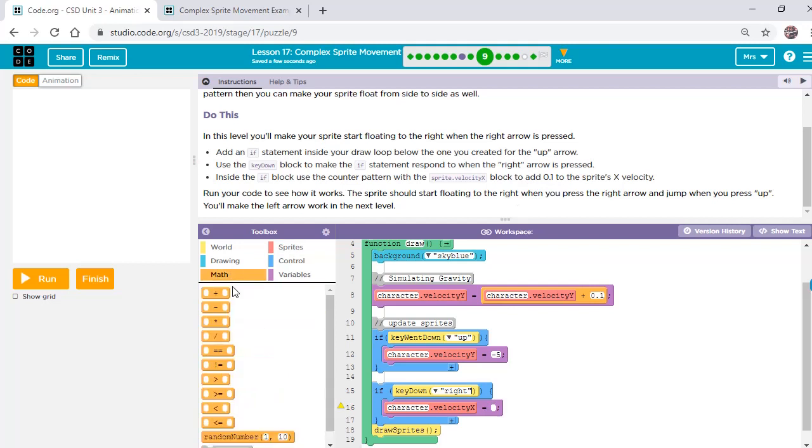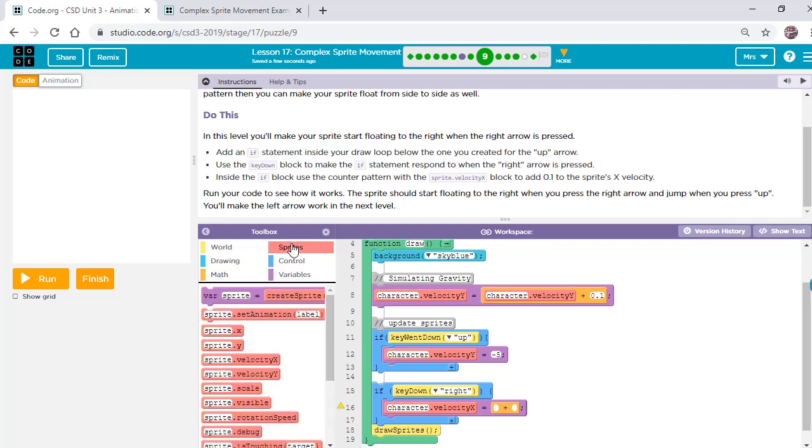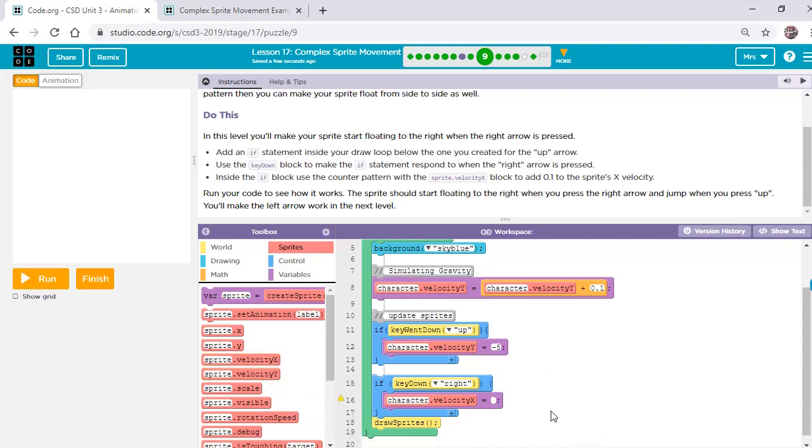So from math, move and drag a counter with a plus sign, and again sprite.velocityX, okay, character plus 1. Try your code,